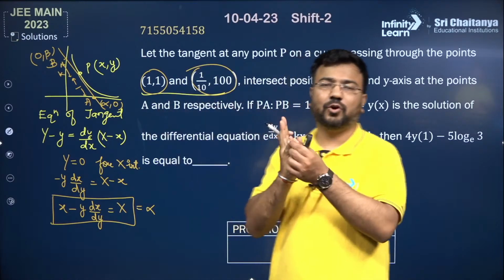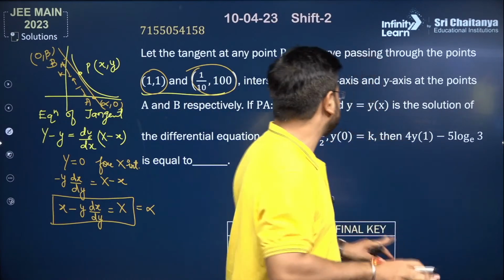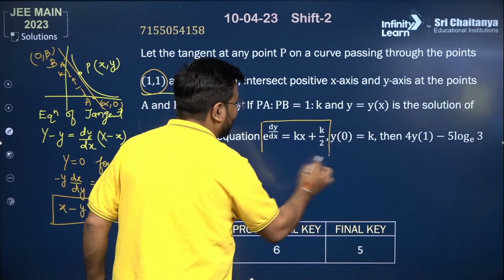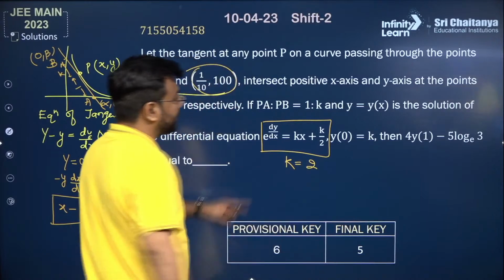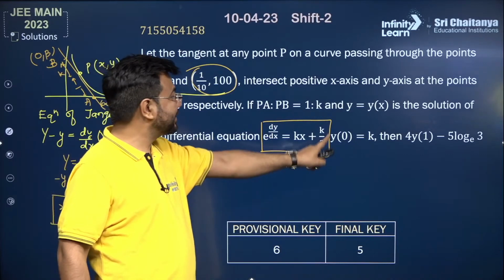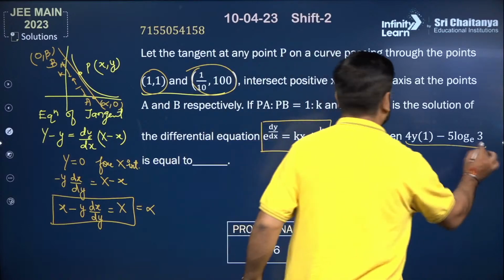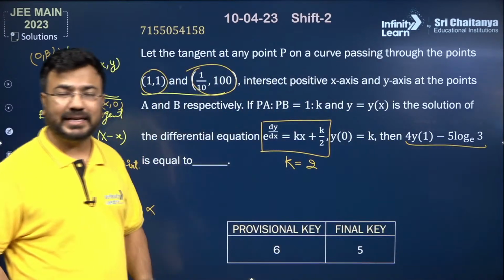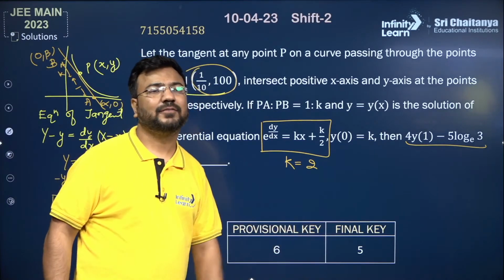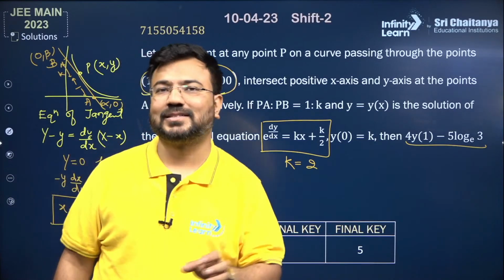आफ्टर क्रिएटिंग दिस डिफरेंशियल इक्वेशन आप 1,1 डालना, 2 कांस्टेंट्स होंगे आर्बिटरी कांस्टेंट, एक c और एक k, तो ये आपको c और k की वैल्यू दे देंगे। c और k की वैल्यू आने के बाद आफ्टर दैट इन्होंने बोला कि ये जो k की वैल्यू आएगी वो 2 आएगी यहाँ पे, ठीक है, तो ये आपको सॉल्व करना होगा, k की वैल्यू 2 डालनी होगी, डिफरेंशियल इक्वेशन है, और यहां से आपको इस पर्टिकुलर डिफरेंशियल इक्वेशन को जब आप सॉल्व करेंगे तो लास्ट में इसकी वैल्यू निकालनी होगी। अब अकॉर्डिंग टू एनटीए दैट एनटीए हैज गिवन द आंसर इज 6, लेकिन एक्चुअल में जो होना चाहिए दैट विल बी 5। आई होप यू आर एबल टू अंडरस्टैंड।